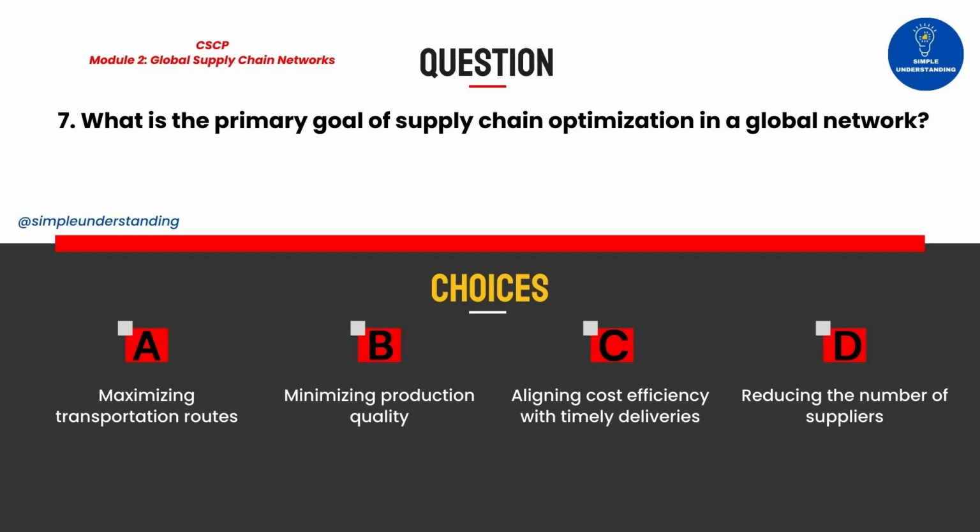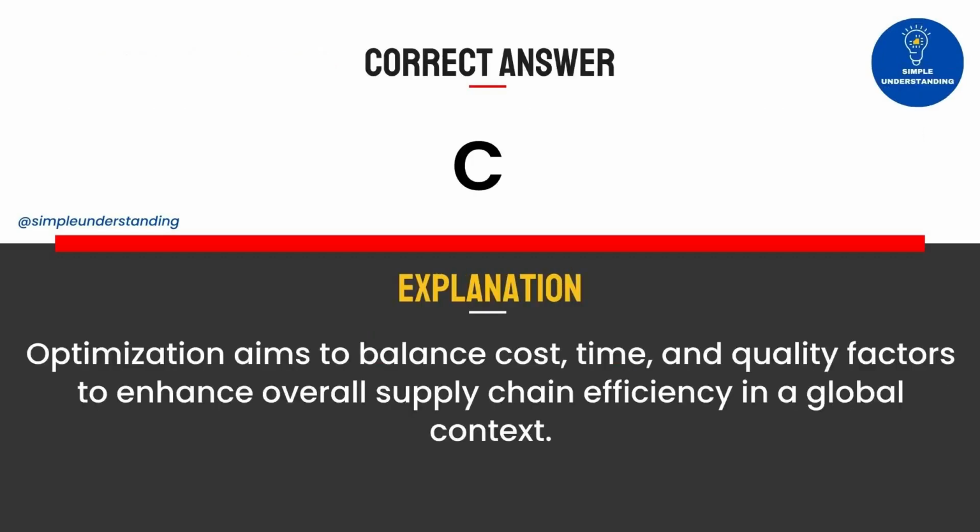7. What is the primary goal of supply chain optimization in a global network? A. Maximizing transportation routes. B. Minimizing production quality. C. Aligning cost efficiency with timely deliveries. D. Reducing the number of suppliers. Correct answer C. Explanation. Optimization aims to balance cost, time, and quality factors to enhance overall supply chain efficiency in